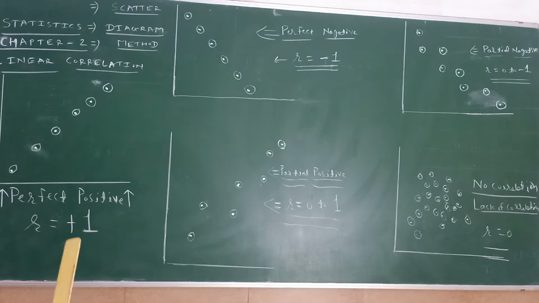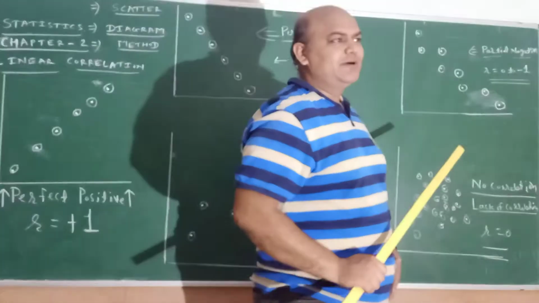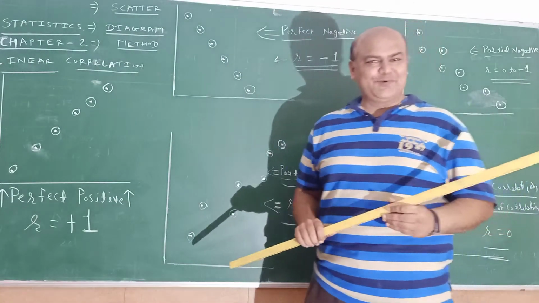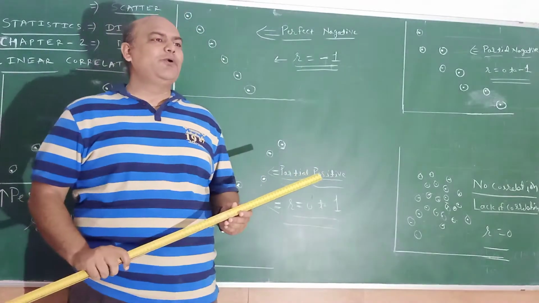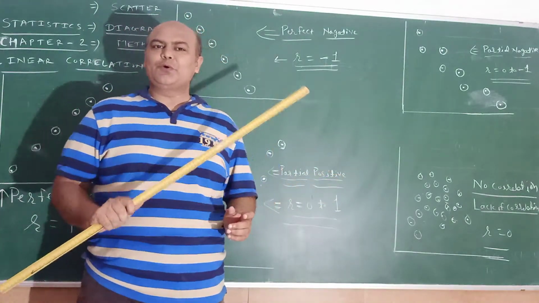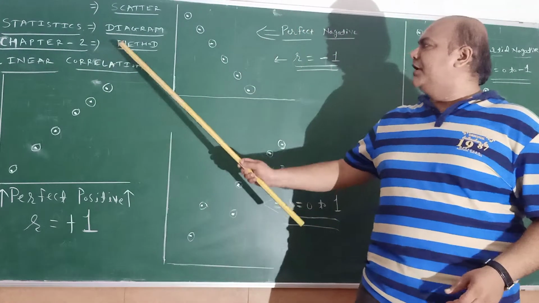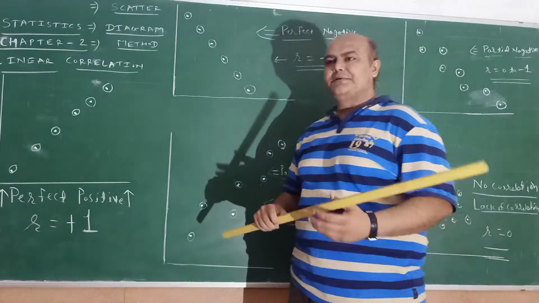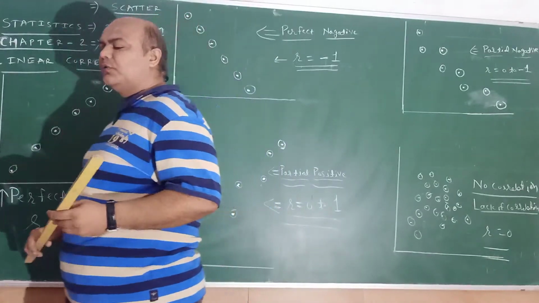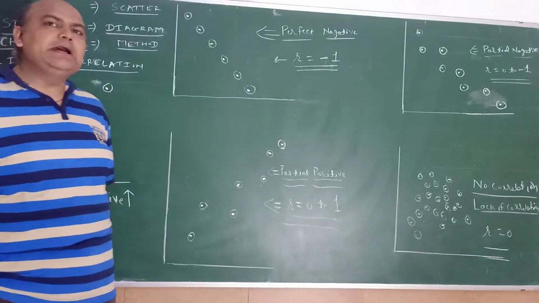Today we are with the second chapter of Statistics Part 1. The name of the chapter, as we all know, is Linear Correlation. Now, in linear correlation, Statistics Chapter 2, you all know that in the previous video lecture of linear correlation,